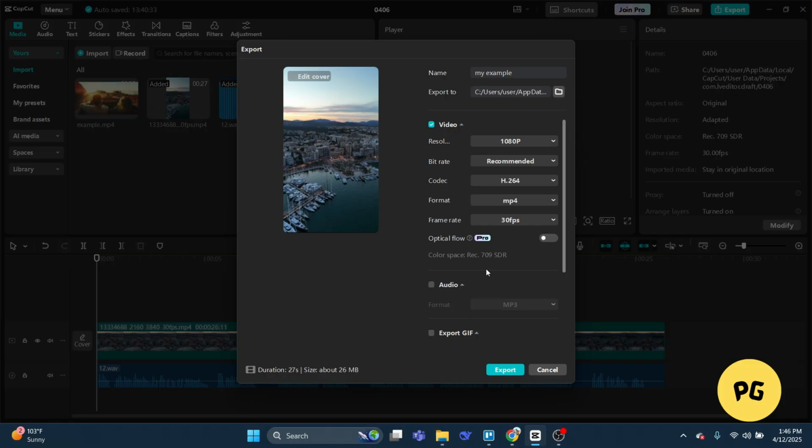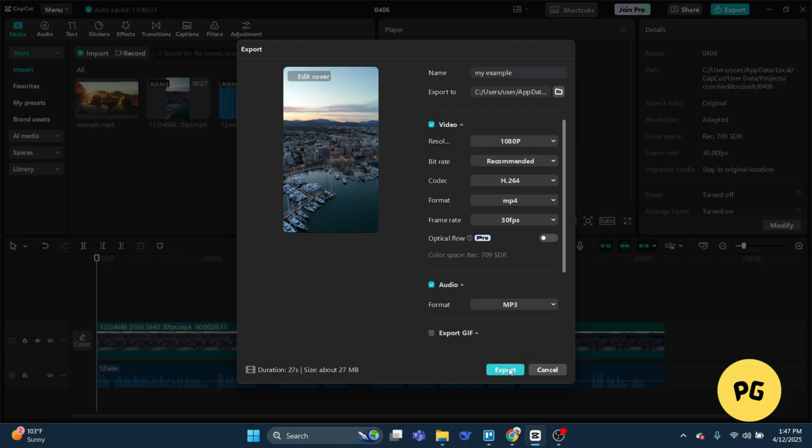Alright, at the very end, you're going to see this export audio. If you also want to export just the audio, or maybe you don't even want to export the video, but you just want to export the audio in case of maybe a podcast or something, you could click this little box where it says export audio, and then you can choose the format. You either want MP3, WAV, AAC or FLAC. I usually just stick with MP3 because it's a smaller file size and it's easily read by pretty much every single audio streaming service. So I'm just going to click MP3, and then if I hit export, it's going to